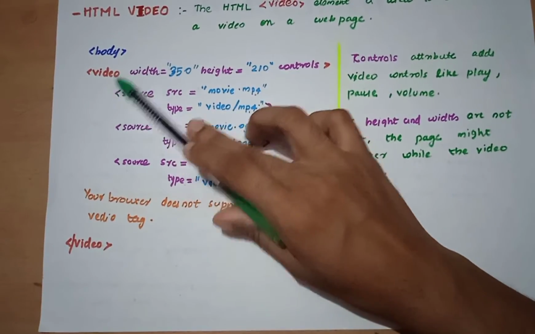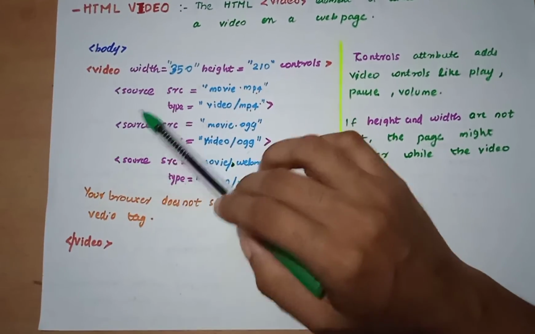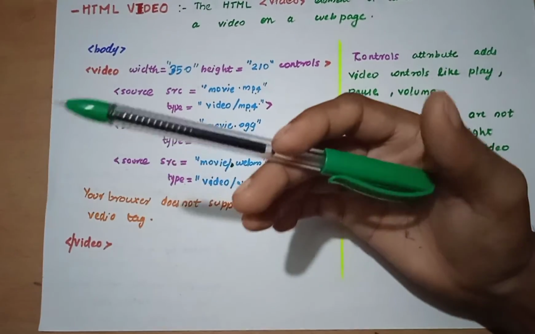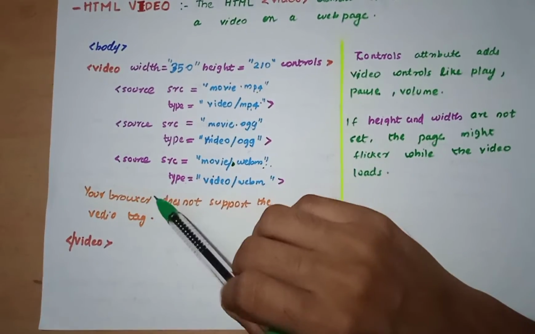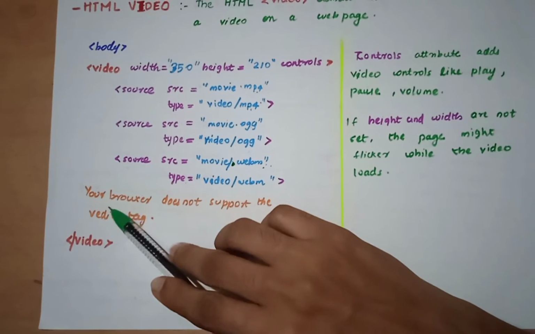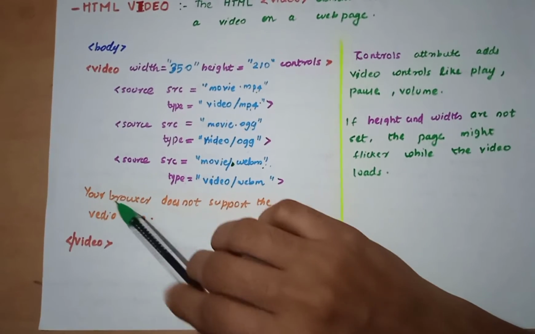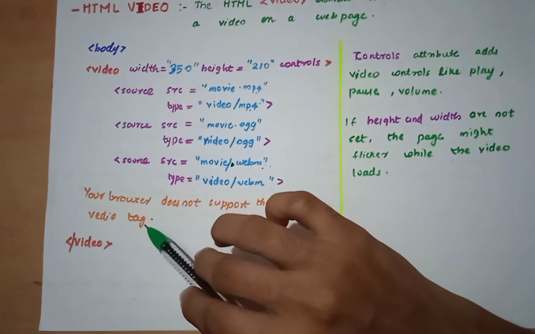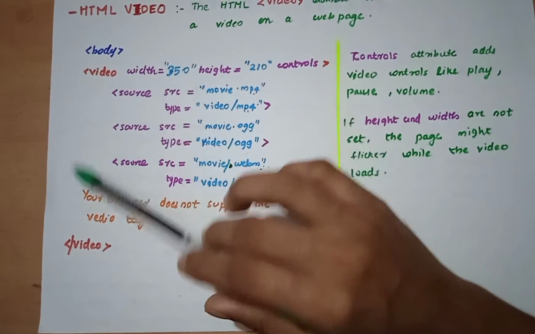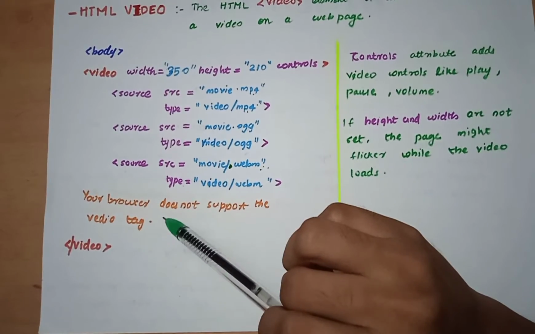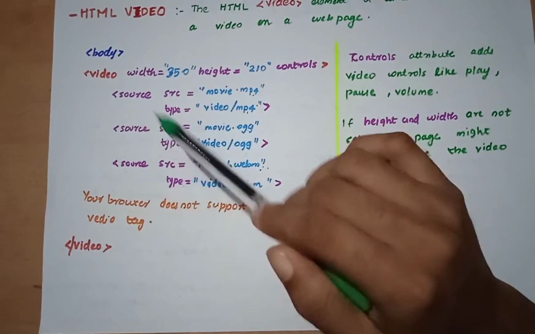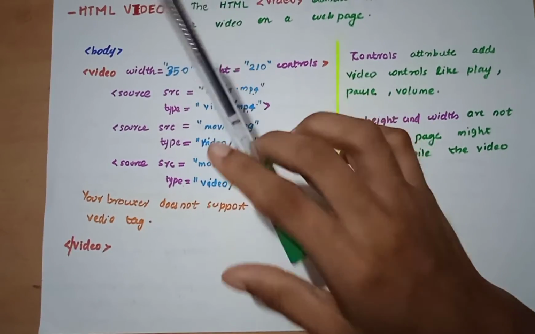Along with this, if the video cannot work properly in this page, or isn't supported in our page, then we have to identify whether it's working or what the problem is. So we just write a message there: your browser doesn't support this video tag. Whenever this video tag fails, then this text will be displayed. So this is the normal way we can add a video clip into our HTML page.